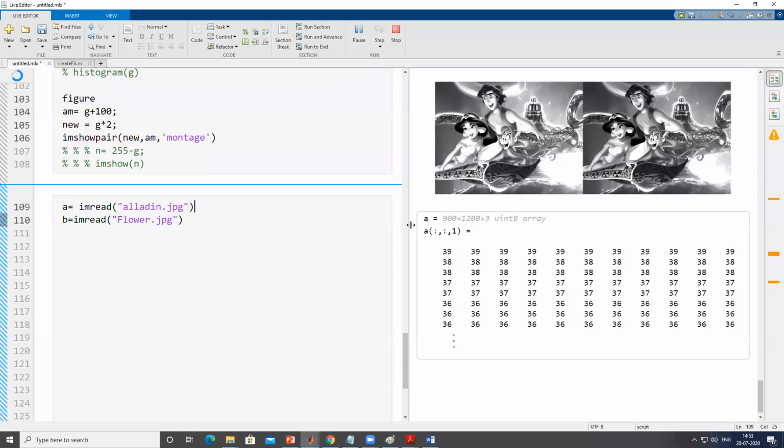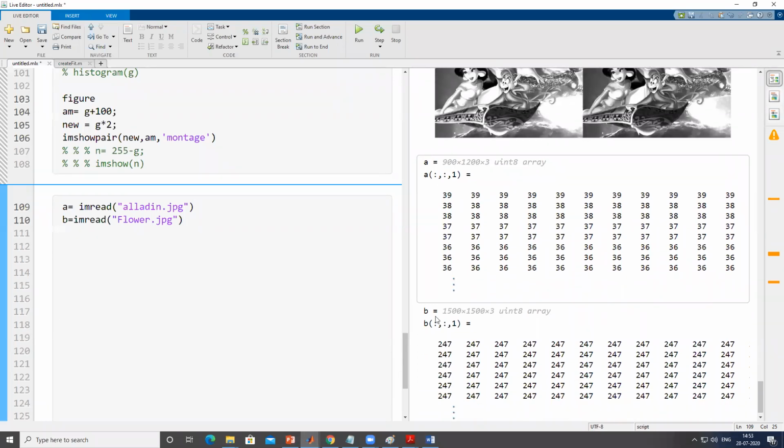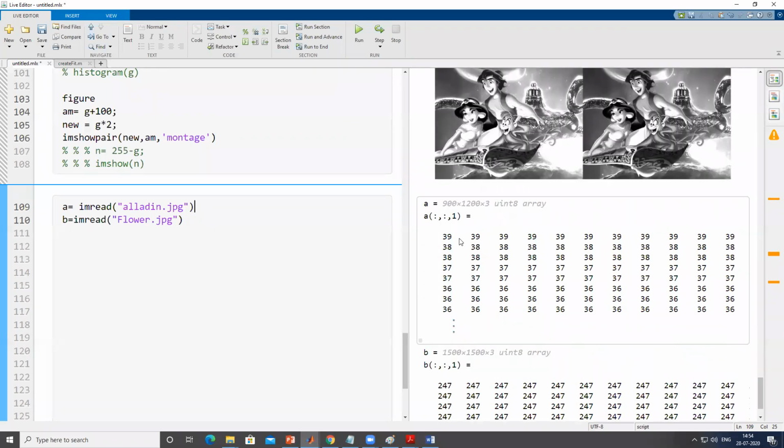The dimension of A is 900 cross 1200 cross 3, but the dimension of B is 1500 cross 1500. So B is a square image, but A, the Aladdin image, is rectangular. So we have to make sure that their dimensions match.